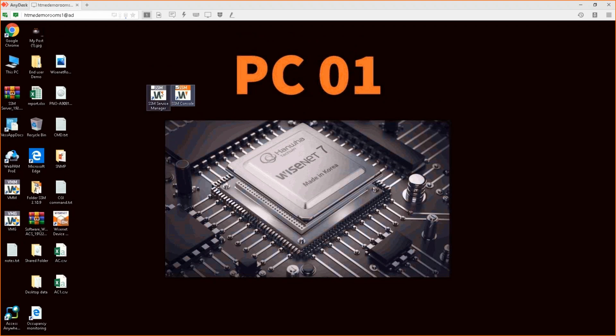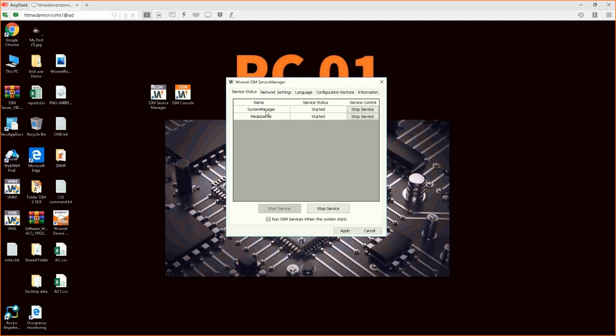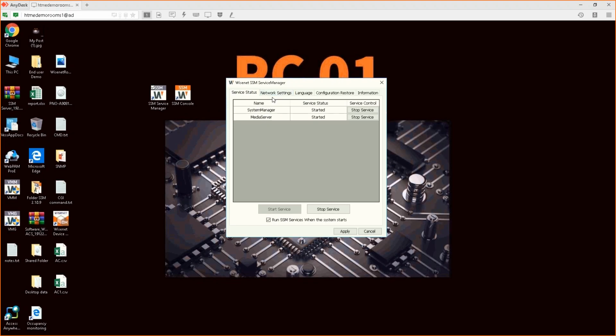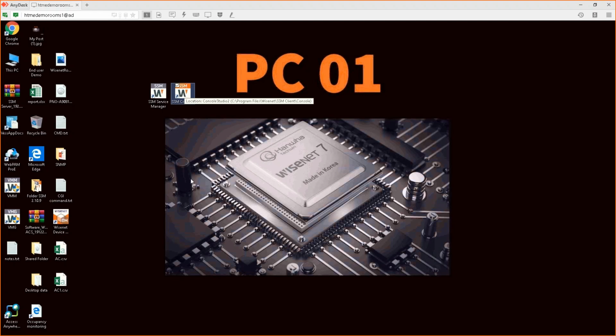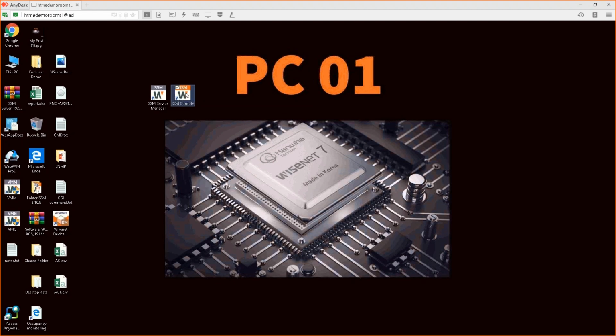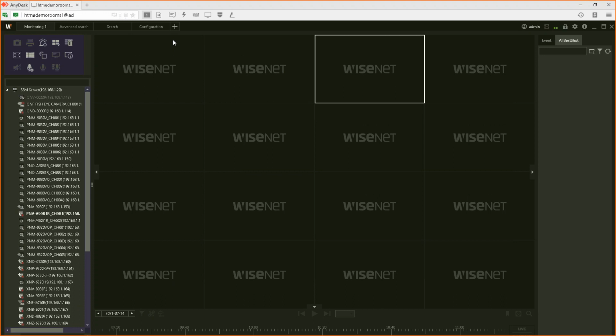What you have got so far is that in the management application, only two services are running. There's no way to add a camera in the manager application. There is no other function here, no layout creation. None of the functions are available here. Every function is done through the console application. Do not think the console is the client interface. The console will change its mode depending on the way you log in. If I log in as administrator, the console becomes an administrator console. If I log in as an operator, it becomes an operator console. Right now, I have logged in to the console as an administrator.